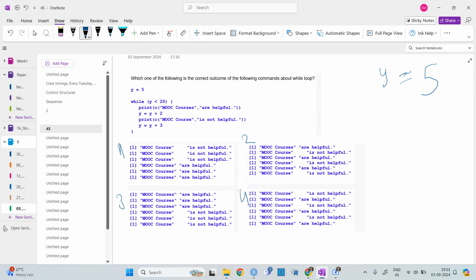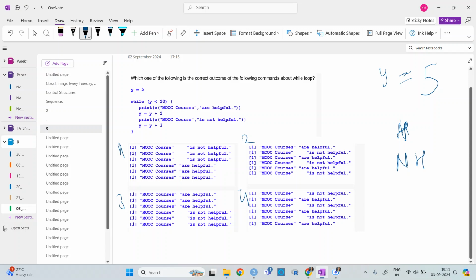So it prints this. I'm writing helpful as h and not helpful as nh. Then y is equal to y plus 2, so y is 7, right? So it will print not helpful.